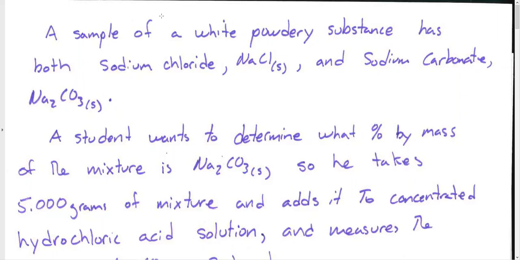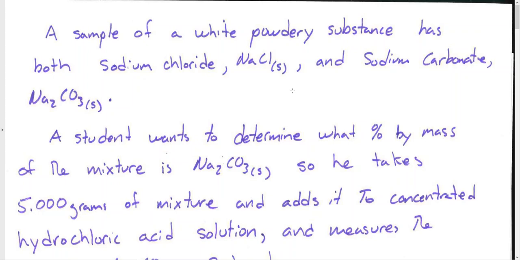So this is really focused on 2-2 and 2-3. It's stoichiometry, but it's also percent composition, percent by mass. And there is a little bonus question at the end, which is solution stoichiometry. So let's get into this practice problem. Okay, all right, so it says a sample of white powdery substance has both sodium chloride and sodium